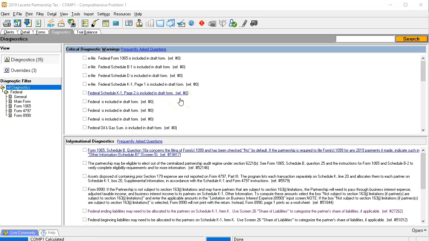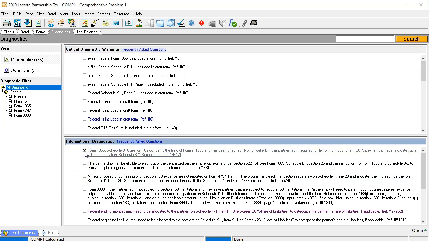Now, in this software, we'll typically have the critical diagnostics up top. And that means if you don't somehow deal with those in some way, possibly you could even check them off, but if you don't deal with them in some way, you may not be able to actually process or e-file the return. Then you have the information diagnostics, which are down below, which may not be critical. In other words, they may be more suggestions. You could probably file the return without them, but you're given information about them. So as you go through these, you might want to check them off and cross them off as you note them. So Form 1065, Schedule B, Question 18A concerns the filing of Forms 1099 and has been checked no